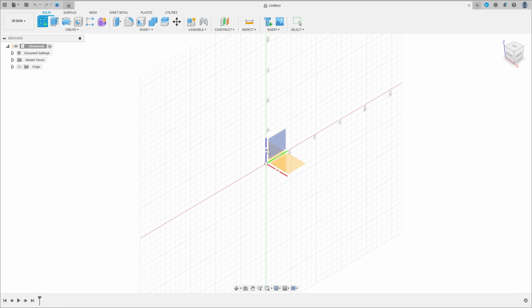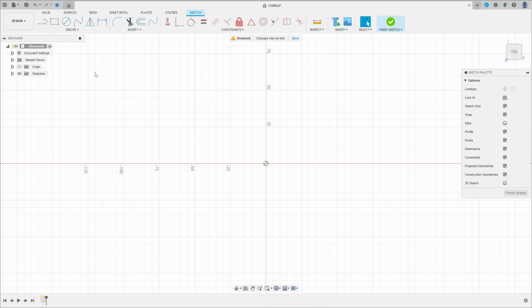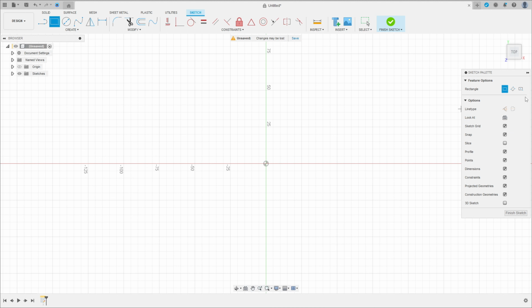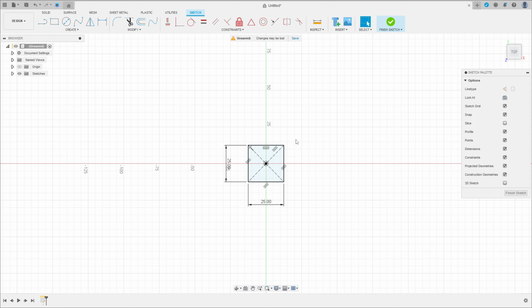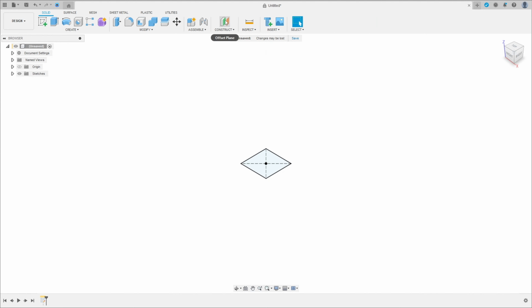Go to create a sketch, select the top plane, select 2-point rectangle, center rectangle, click here in the midpoint, make a rectangle here, 25 by 25 millimeters, square, sorry. Finish the sketch. Go to offset plane, select the top plane here, make a plane here with 15 millimeters of